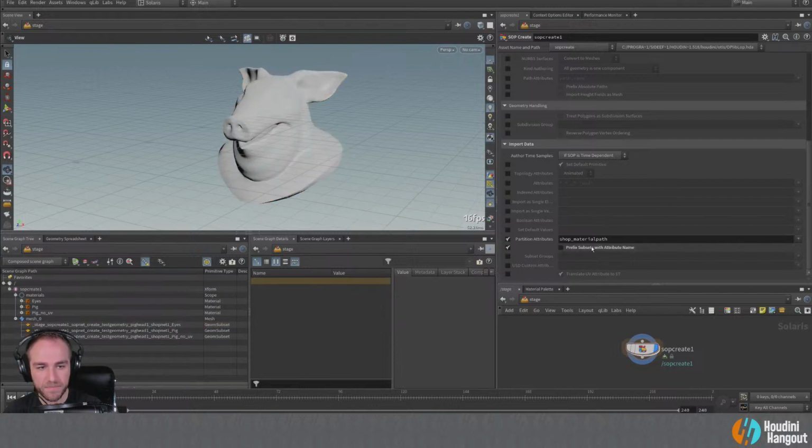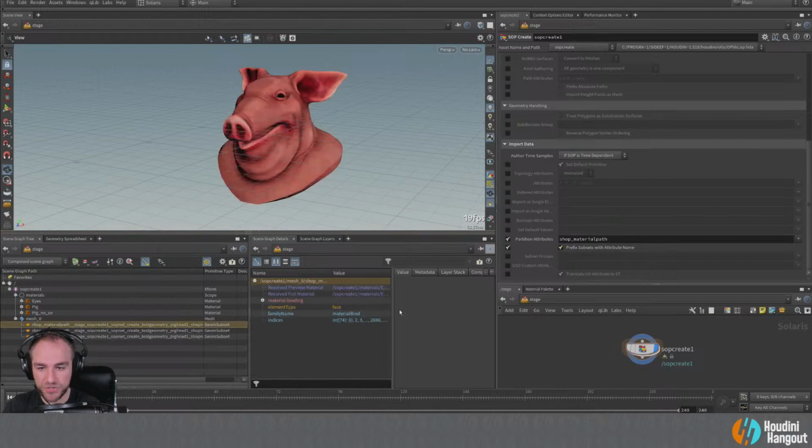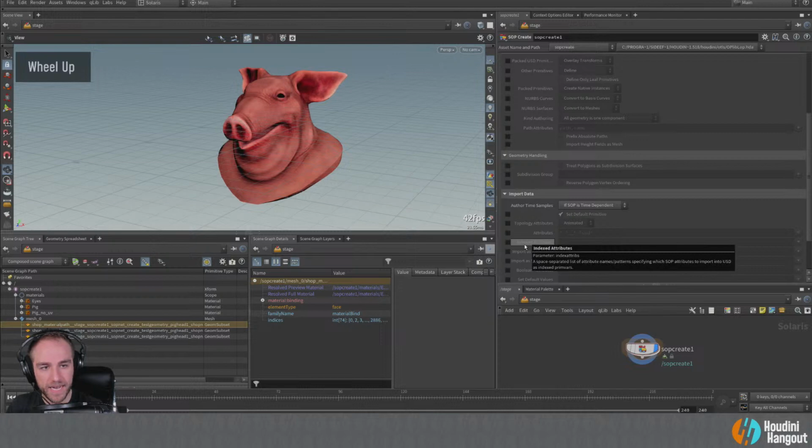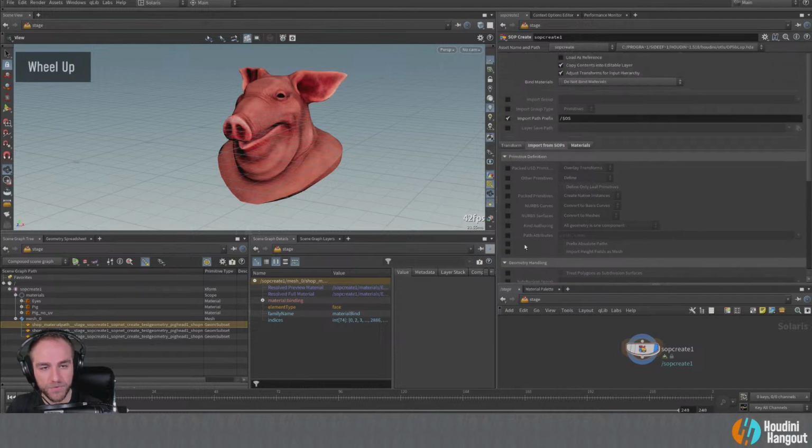So here we're prefixing subsets with the attribute name. In this case, it'll take it out of having the shot material path at the very beginning of it and try to shorten it a little bit. There are actually better ways to clean that up as far as making separate groups and bringing them in. So what you could do as well, instead of partitioning it this way, you could partition it based on the group type.